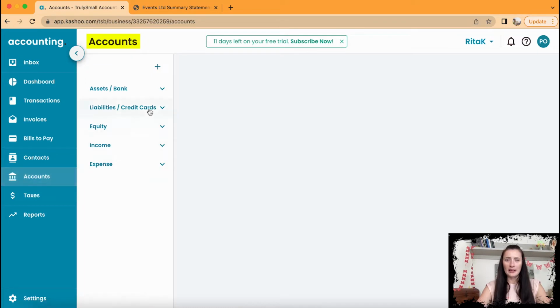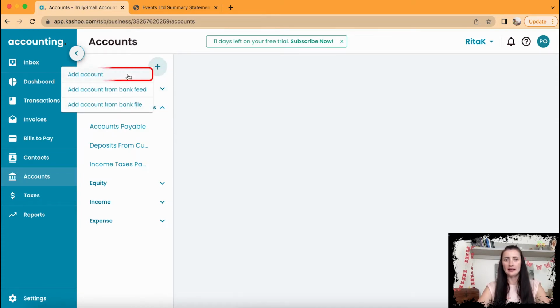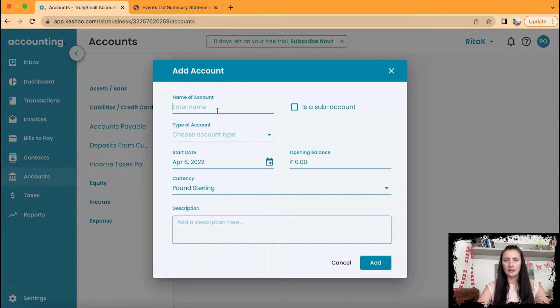and we want to add, in my case, I want to add a salaries or wages code. To add it, click on the plus button and select add account. Here, add the name of the account,